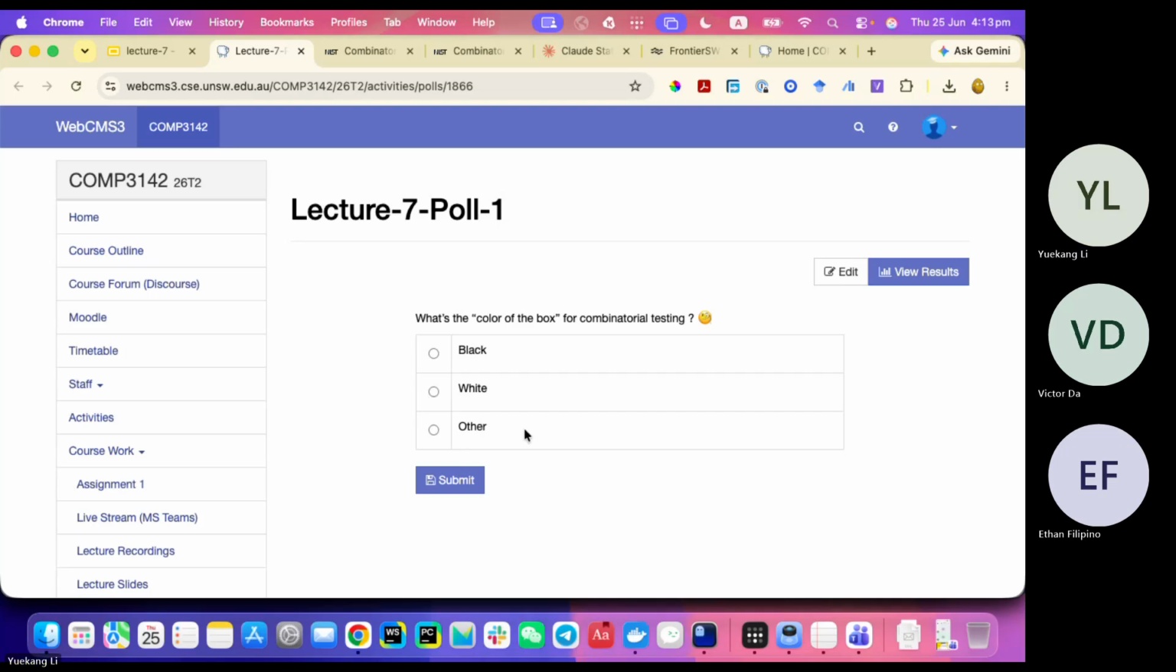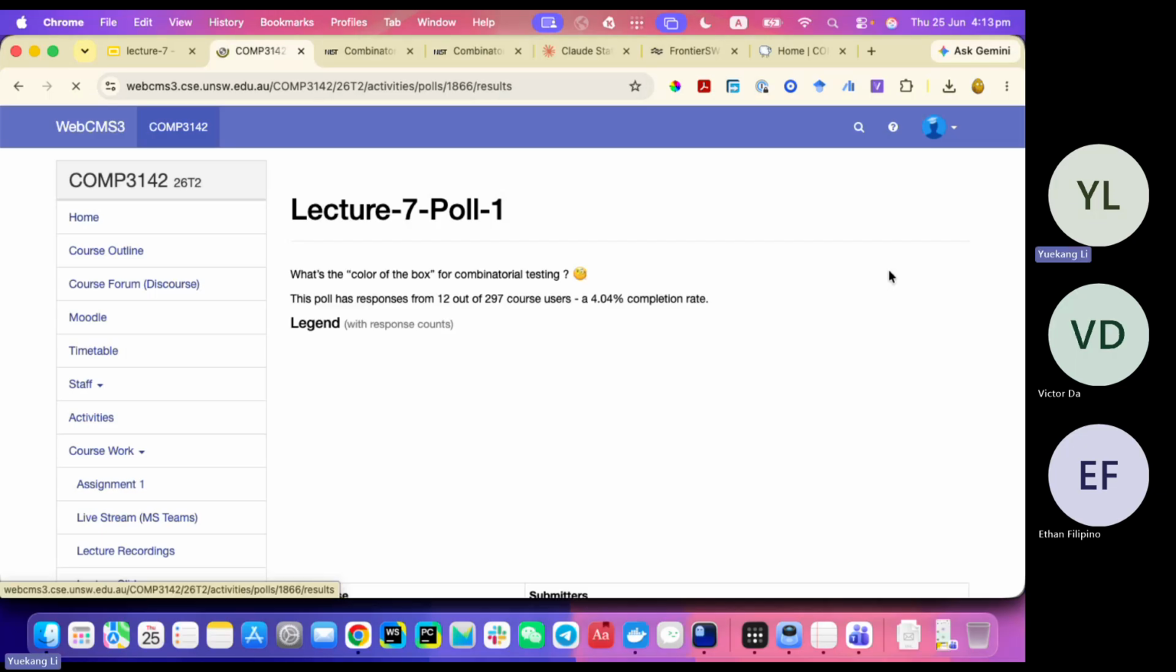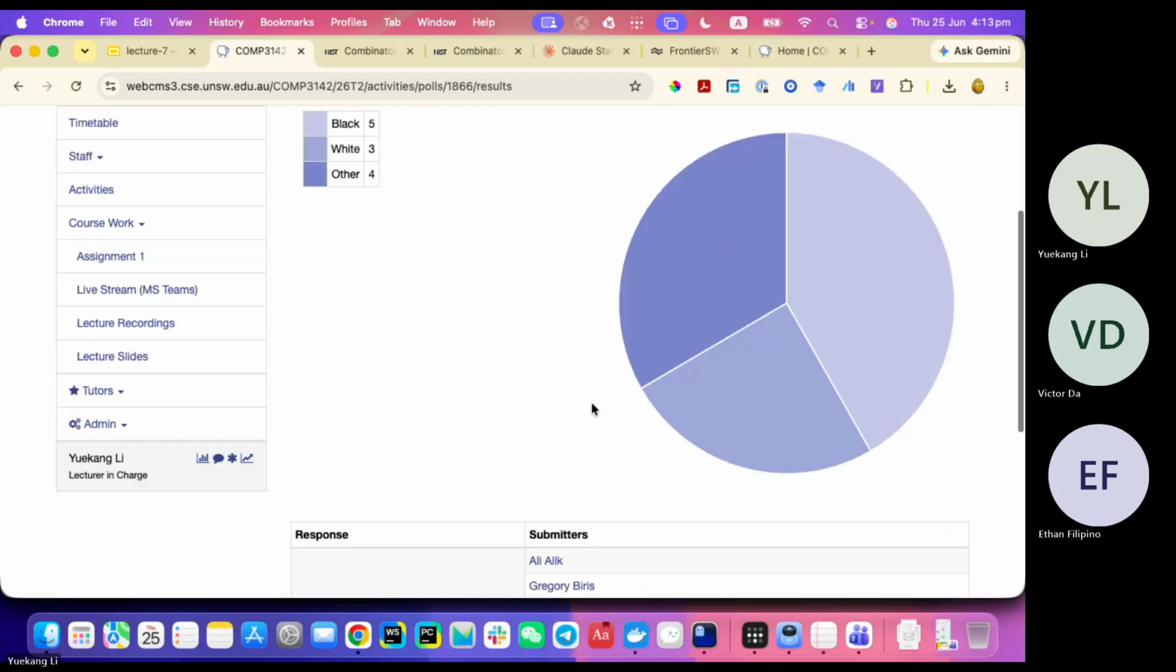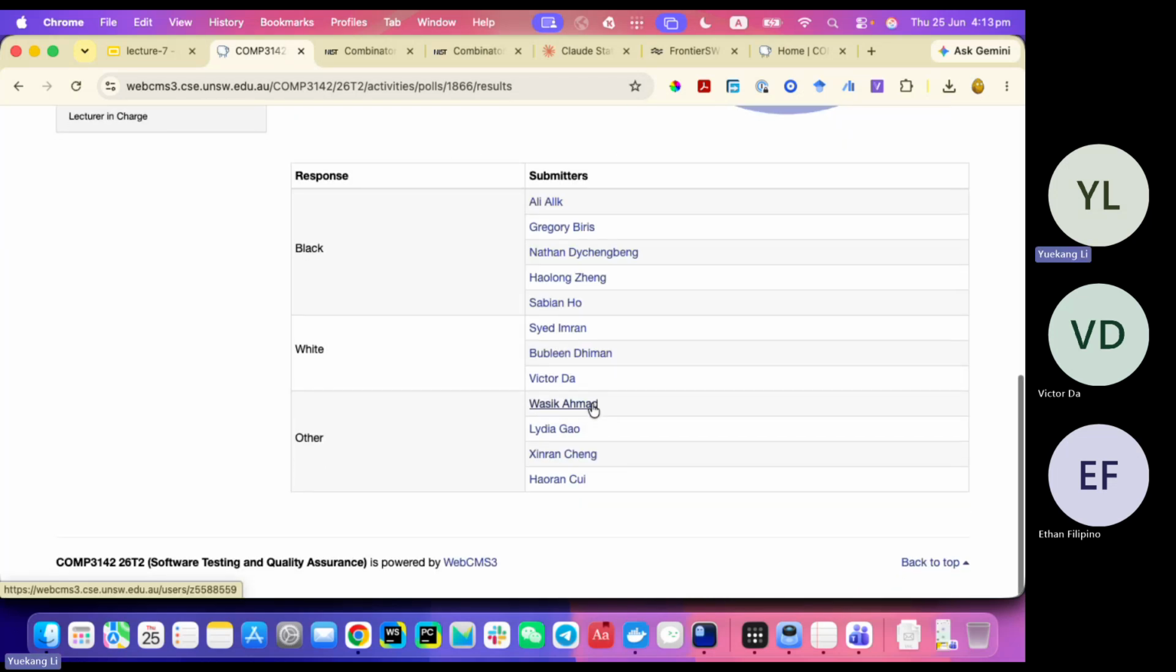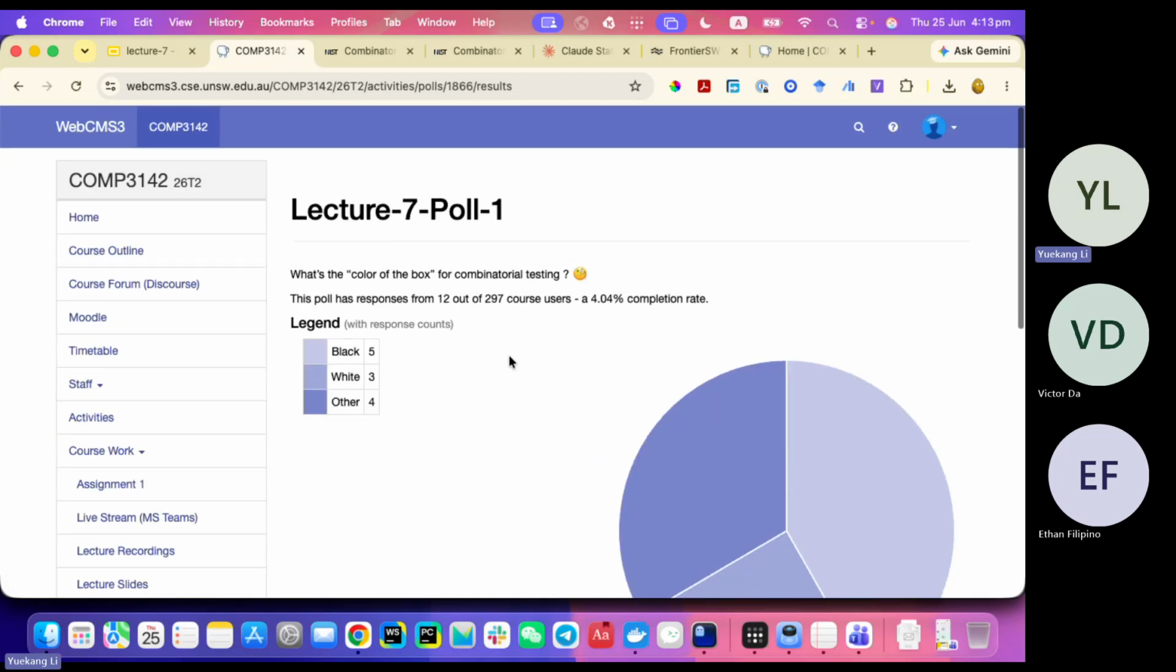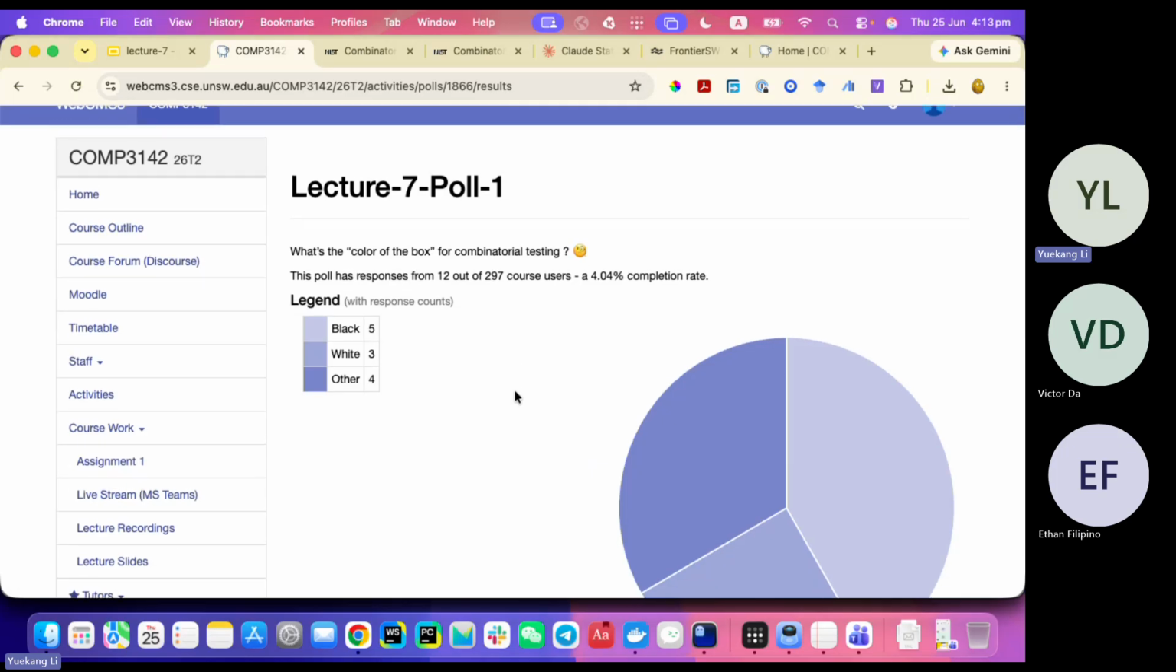So let's see the results. Okay, many of you chose other. So the correct answer is actually black, because